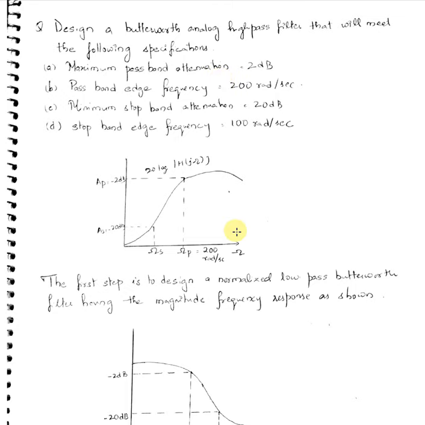I'm just trying to make you understand with the specification how you can understand. If they give you the upper and lower cutoff frequency, further you need to understand whether it will be a band pass or a band stop, depending upon how they have given omega s and omega p and where you will be placed. Clear. So the As and Ap will be fine. Stop band attenuation is 20 dB and your pass band attenuation is 2 dB. So this is your high pass filter.